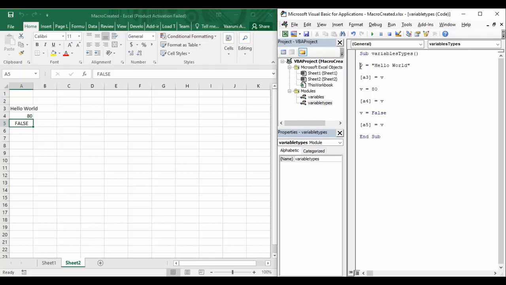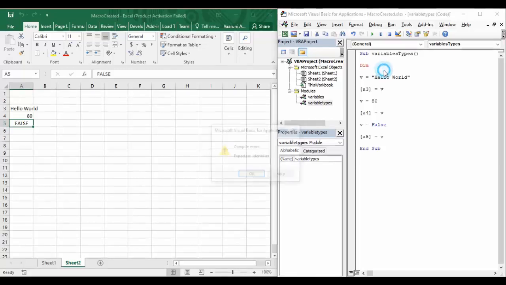So what if you want to declare a variable in Visual Basic, then what do you need to do? To declare a variable in Visual Basic, you need to just use a simple keyword that is known as dim. You just write dim and put a space, and as soon as you put a space you must have noticed that the color of this dim has changed. The reason it has changed is because it is a keyword that is recognized by Visual Basic, and so its color is changed. So identify that thing.